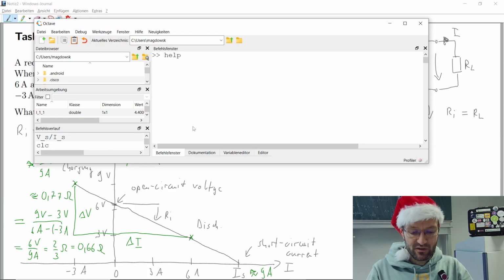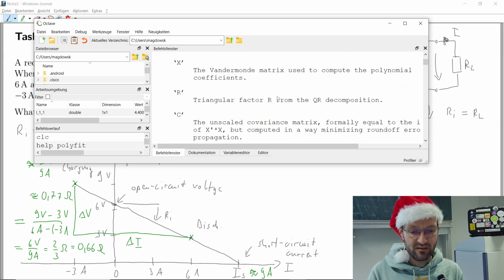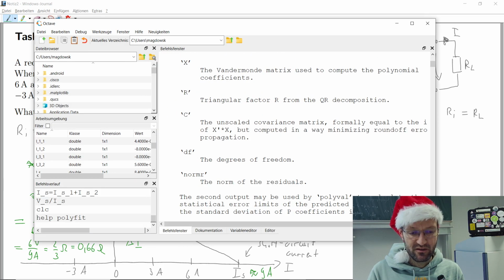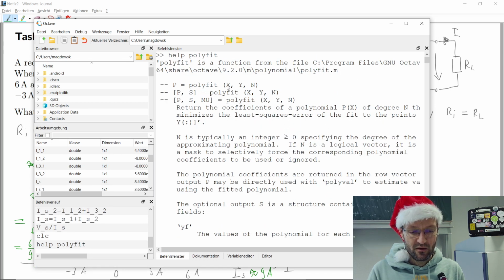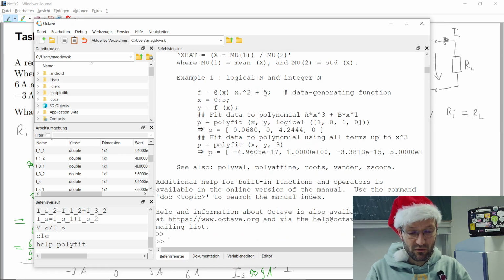And there's a nice function that is called polyfit, and this will do some kind of polynomial fitting or some kind of linear regression. So we can give this function some values and a degree, and then it will give us back the corresponding coefficients of the polynomial. And so we can try this out. It needs x values, y values, and some degree. So if we check polyfit and our x values,